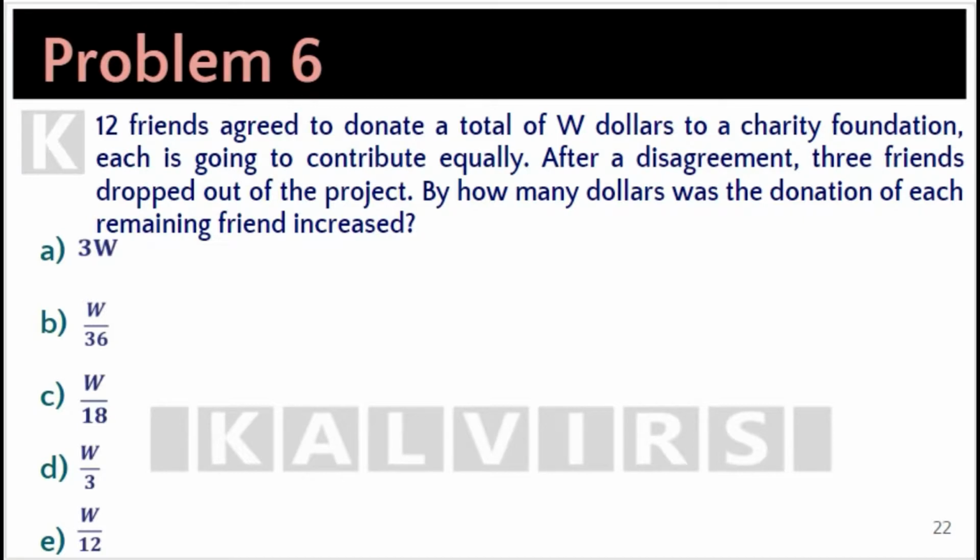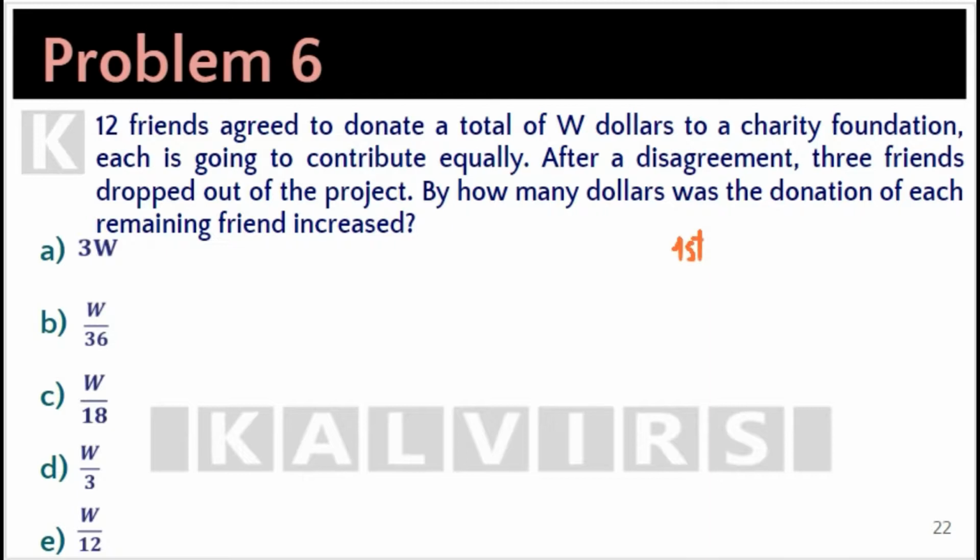agreed to donate a total of $W to a charity foundation. Each is going to contribute equally. After a disagreement, 3 friends dropped out of the project. By how many dollars was the donation of each remaining friend increased? The problem states first